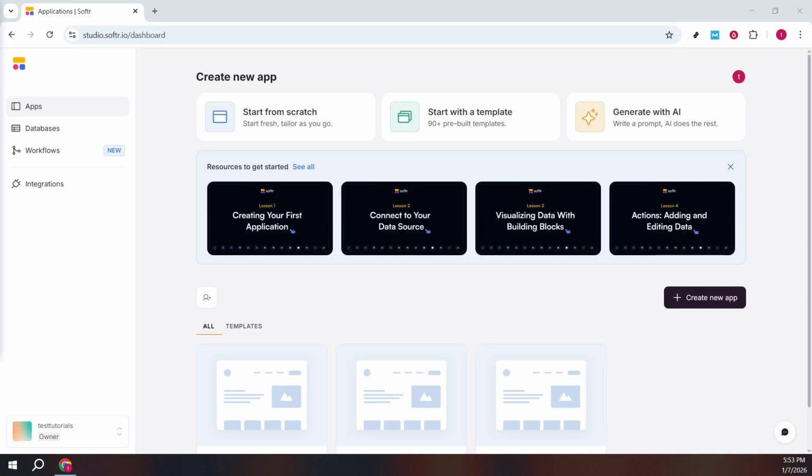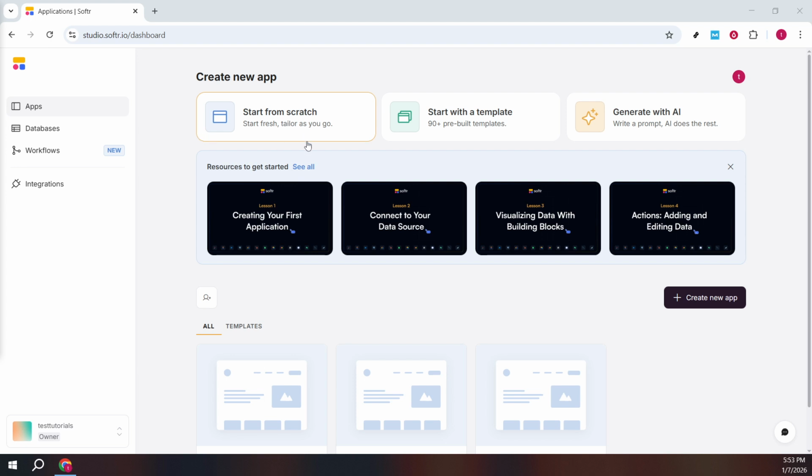In today's video, I'm going to teach you how to build custom forms in Softr. We'll begin on the Softr application's dashboard, the central place where your projects live. Open the apps area so you can create or access the app where your form will sit. From here, you have a few different ways to get started, and I'll walk you through what each option is